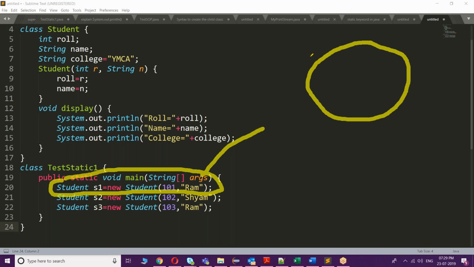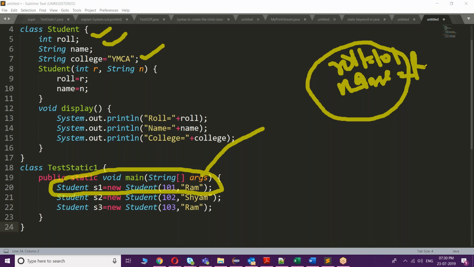And when you create the object, you know very well how many member variables are present in my class: 3 member variables. Int type roll, string type name, and string type college. So all the member variables will take memory with each object. The roll value will be 101. The second is name, the value of name will be Ram. And the third is college. The value of college will be YMCA, because we have provided this member variable value at